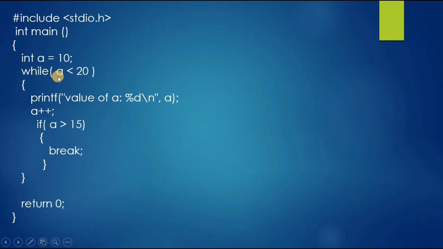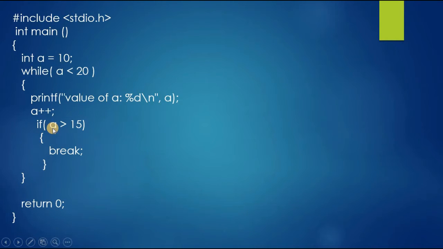Here we have a while condition, inside the while loop we have an if condition, and inside the if condition we have a break statement. Now how does the program work here? First it will check the while condition. If the while condition is true, then it will print the result, and after printing the result the value of a will be incremented and it will check the if condition here.